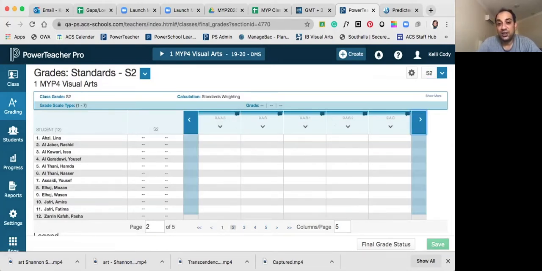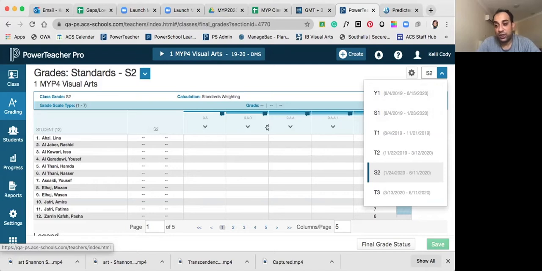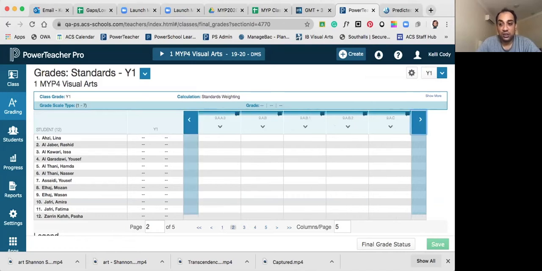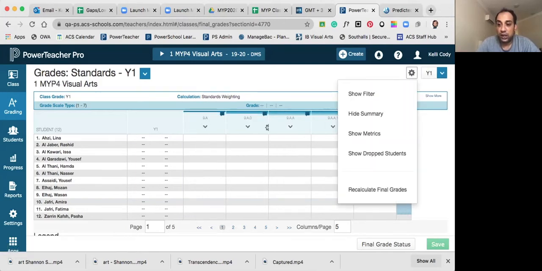You will see data under S2 and you will see data under T3 because that's what you're doing. You're always creating assignments for S2 or S1. That's why the data is showing under S2 or T3 or S1. But there is nothing under Y1. When you click on Y1, Y1 exists, but there is nothing because your assignments are always S2 assignment or S1 assignment. Now, in order for you to pull everything under Y1, you make sure you select the Y1 term, and then the sheet is blank, no problem. You click on the flower icon next to it, and the very last option is recalculate final grade. You press that one.